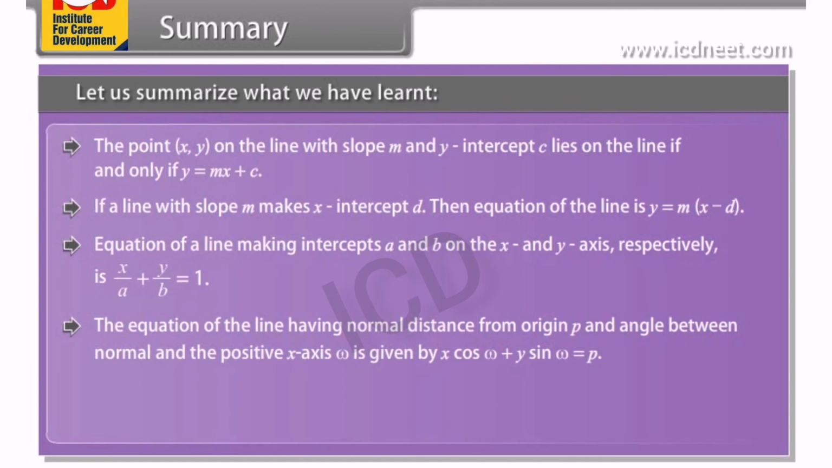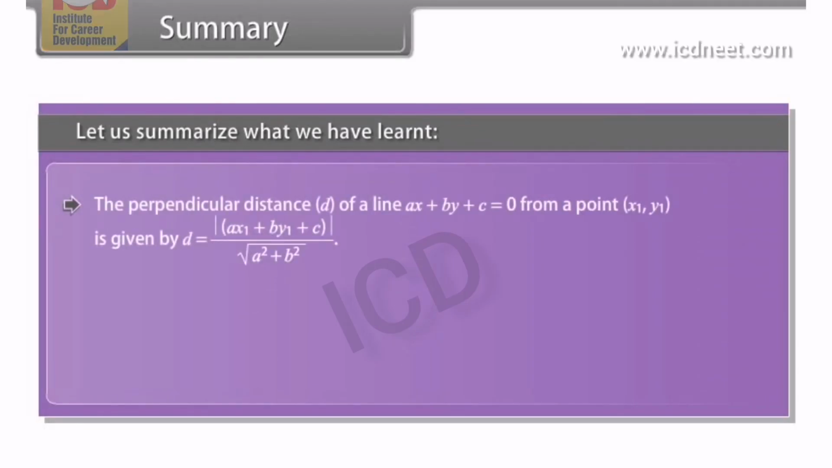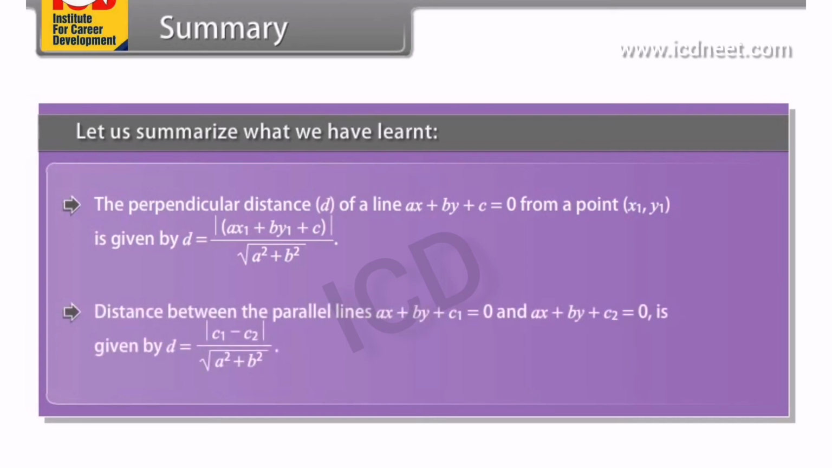The equation of the line having normal distance from origin p, and angle between normal and the positive x-axis omega, is given by x cos omega plus y sin omega is equal to p. Any equation of the form ax plus by plus c is equal to 0, with a and b not 0 simultaneously, is called the general linear equation or general equation of a line. The perpendicular distance d of a line ax plus by plus c is equal to 0 from a point x1, y1 is given by the distance formula. The distance between the parallel lines ax plus by plus c1 is equal to 0 and ax plus by plus c2 is equal to 0 is given by